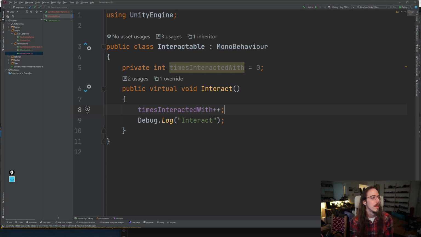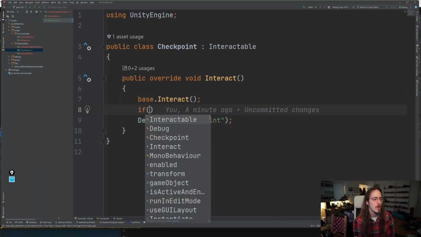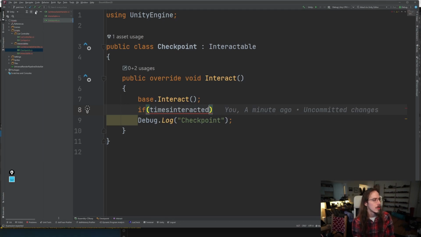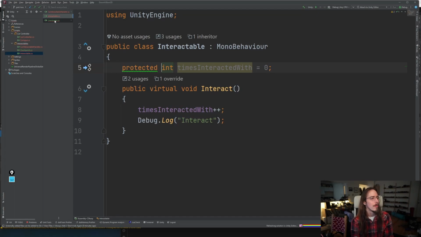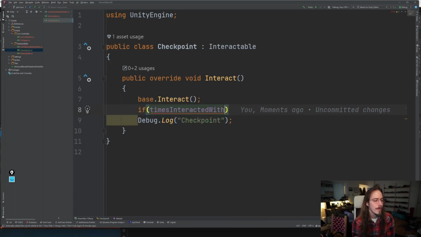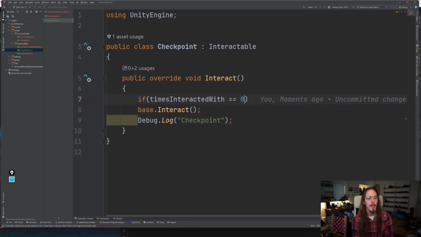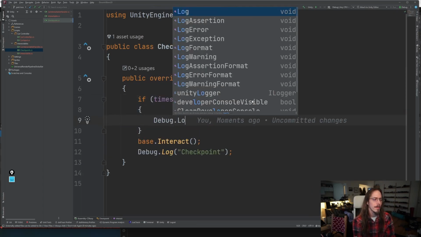And then in our child, since we can call base.interact, that will get increased. And then we could do something like if timesInteractedWith, which is private, so it can't be accessed, I'm going to make that protected. timesInteractedWith is 0, which we'd have to do above this base.interact. Only then would we be like